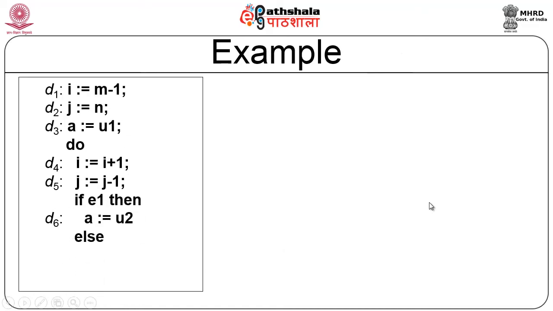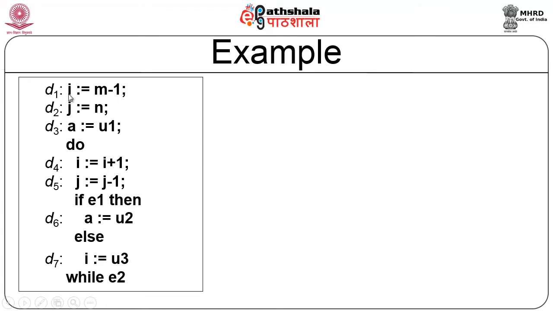Now, let us consider this example. I have here D1, D2, D3, D4, D5 and D6, six statements, and these three are the first few statements. There is a seventh statement also, of course. I have a do while construct here, and inside the do while there is an if else. So, how does this get mapped? There is D1, D2, D3, and I have D4, D5, D6 and D7. I have seven statements here.